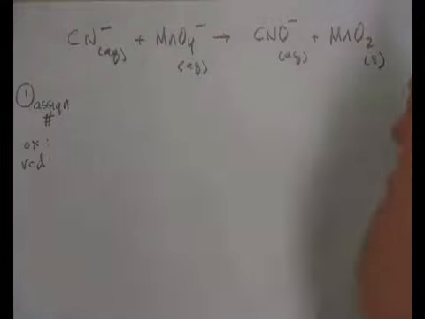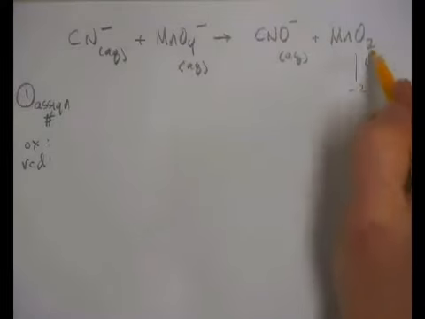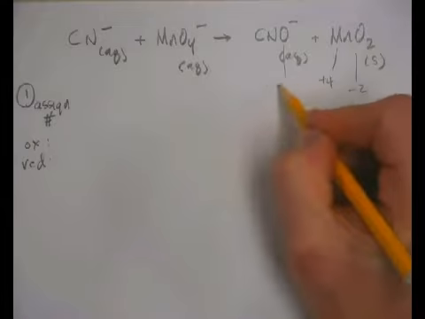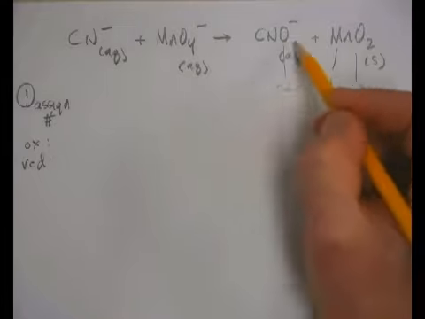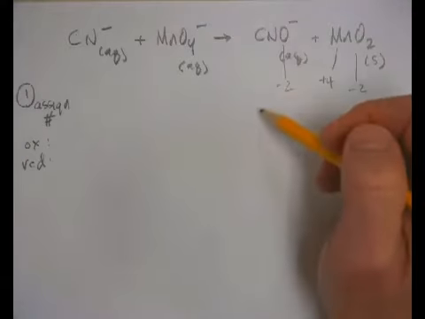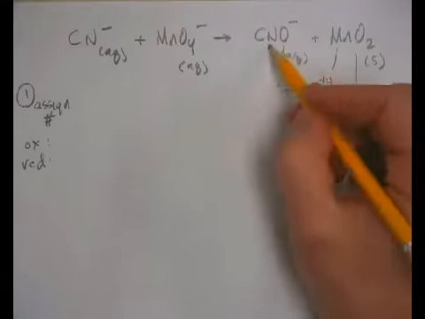Okay, let's start with the easy part. Oxygen is -2, there's 2 of them, so that means manganese must be +4. Oxygen -2, and now the challenging factor right here between the N and the C. You're going to have to make an educated guess right here, and I'm going to make an educated guess that